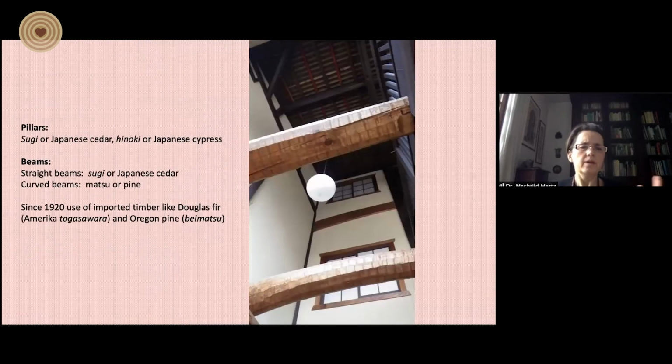Pillars are made from sugi or Japanese hinoki. The straight beams are made from sugi again, and curved beams, like here, are made from pine. Then since the 1920s, they use imported timber like Douglas fir or Oregon pine, but then,